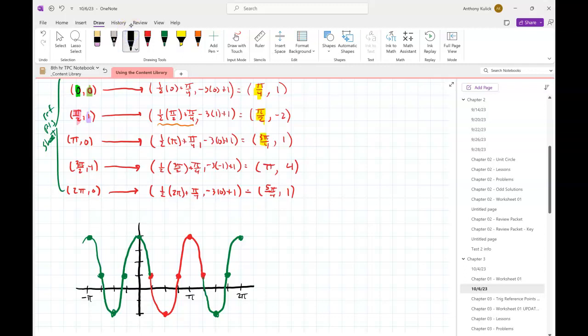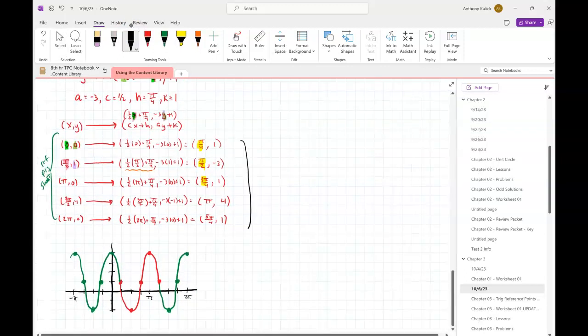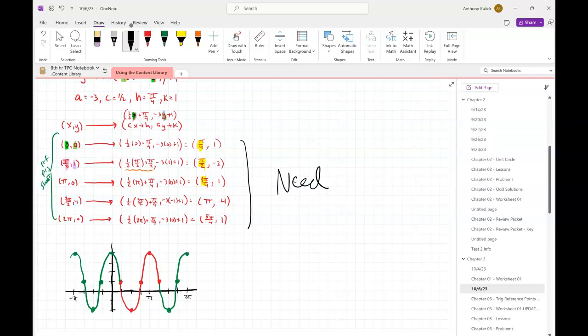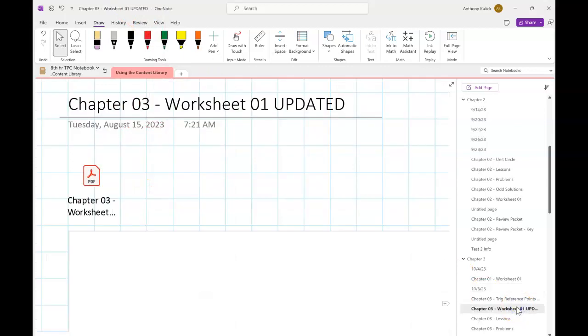So on your homework, when you do the graphing, I need to see this work. I need to see how you're getting your resultant, your transformed points. And then once you've plotted them, I need the extended graph. Okay? So your assignment for next time